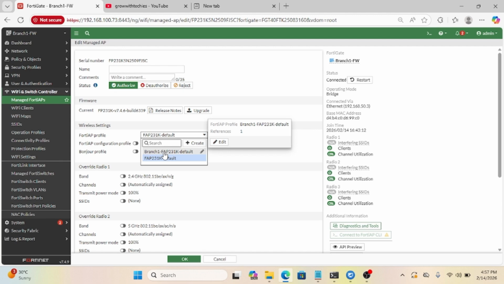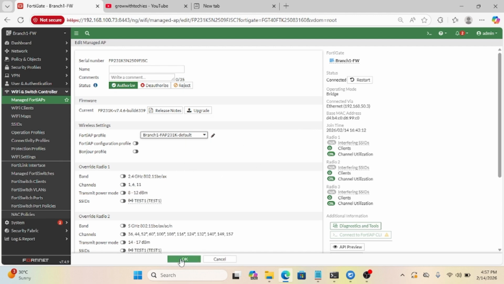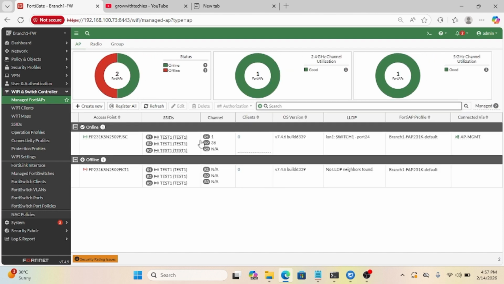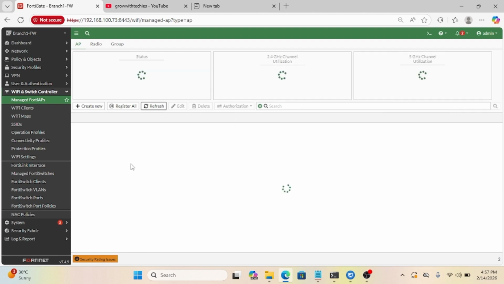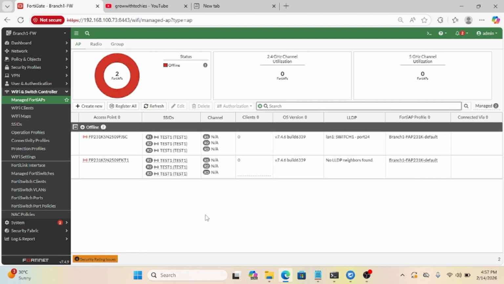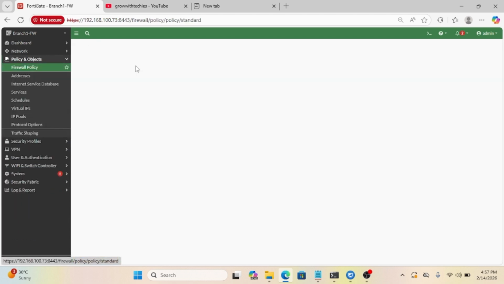Basically, in the previous AP also, I'll change to the same profile. Now both APs have got a new profile. We can see that the branch 140 FAP 231 profile has been applied to both APs, and the other AP has come up. Now we'll quickly go to the policy section and create policies for this traffic